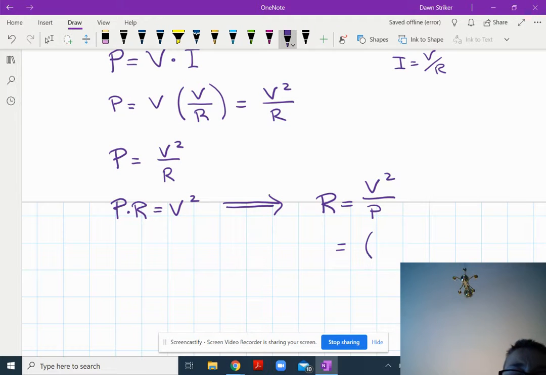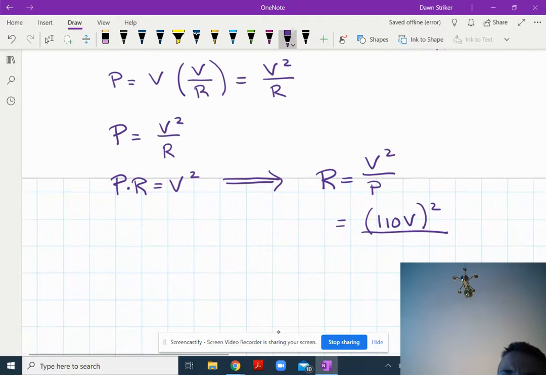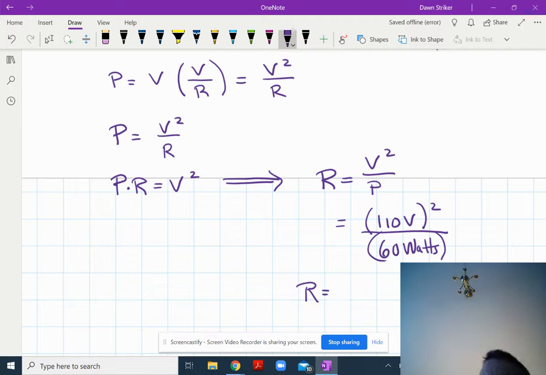So now I'm going to plug in 110 volts, need to square it. I'm going to divide by the power, which is 60 watts. Okay. And that should give me the resistance. So 110, square that number, I get 12,100 volts squared